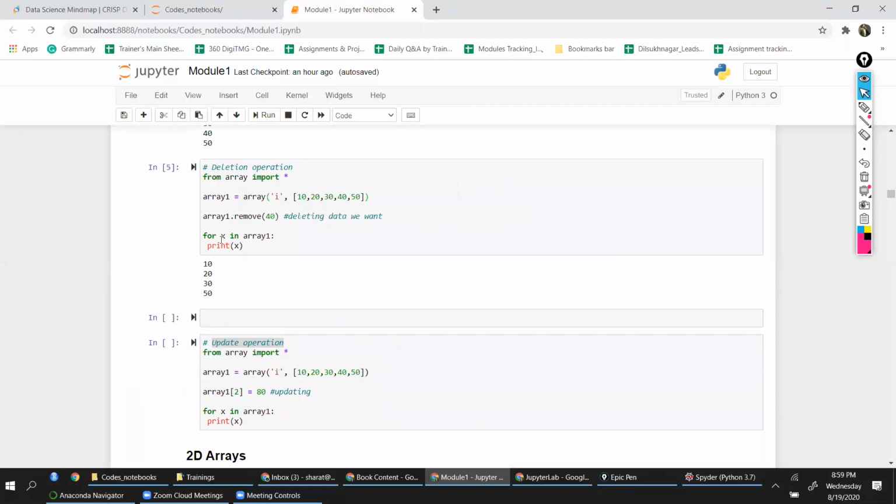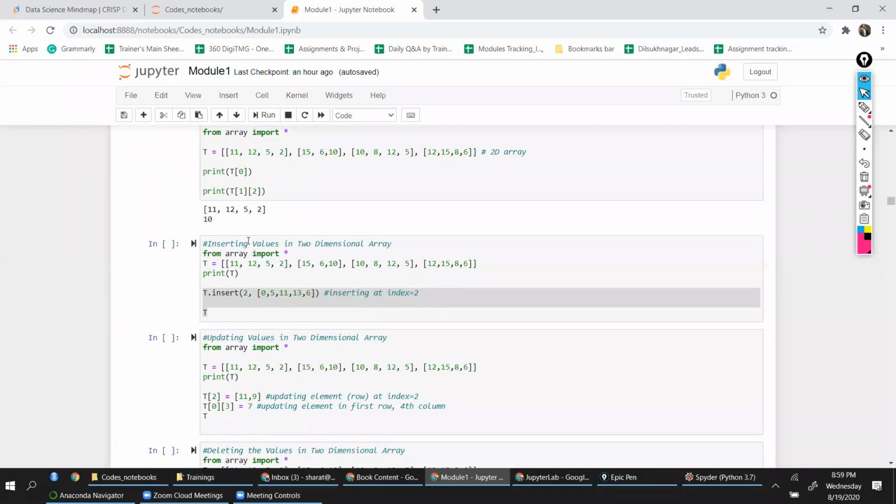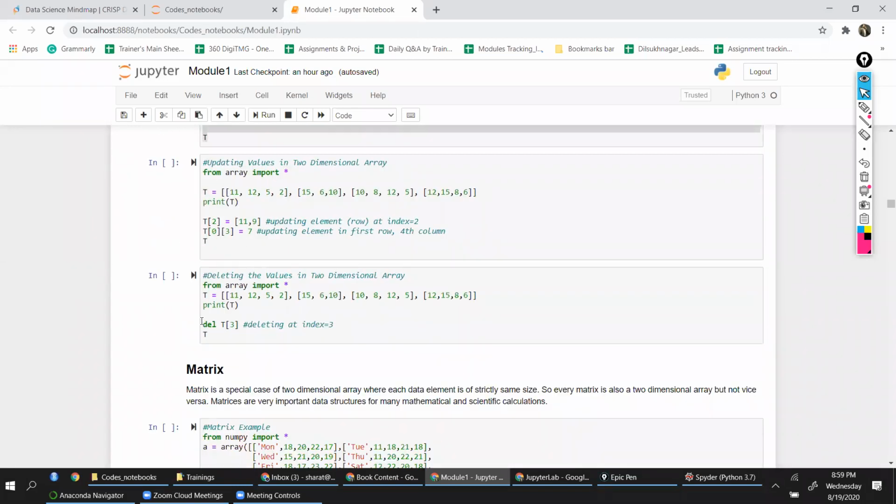Unlike the remove function for a one-dimensional array, we will not use that. We will use the delete option here. DEL is what we are using, delete.